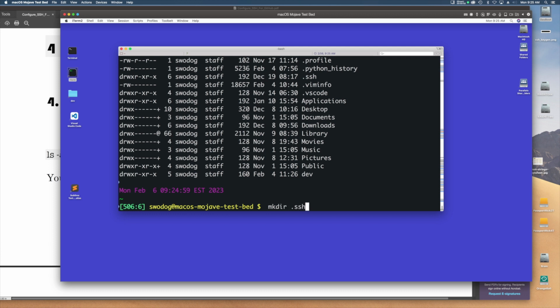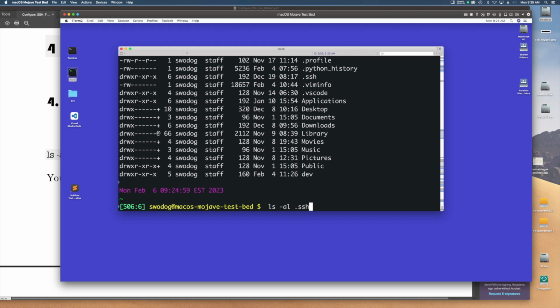But you don't want to write over it if it already exists. What you might want to do is check to make sure that if it does exist, to see if there's any keys in the .ssh directory. So I'm going to do that right now. I'm just going to list the contents, ls -al